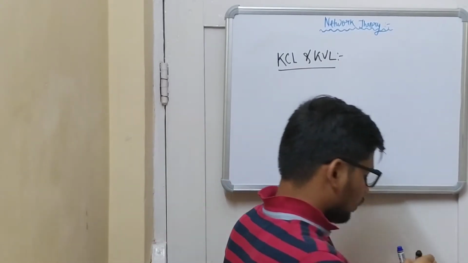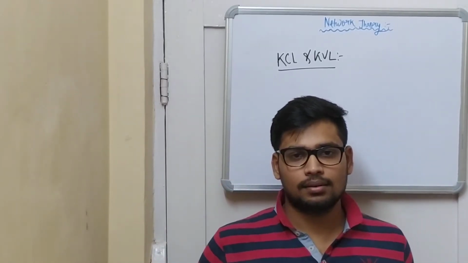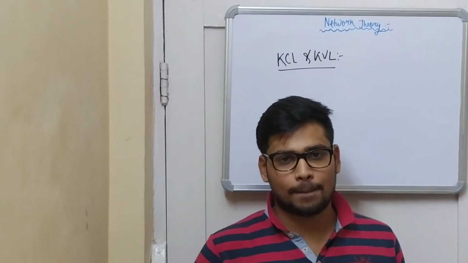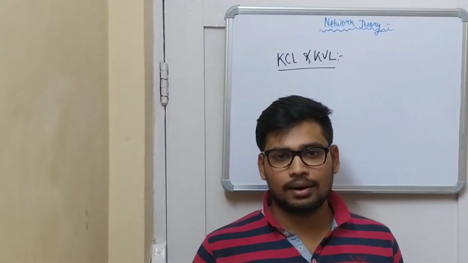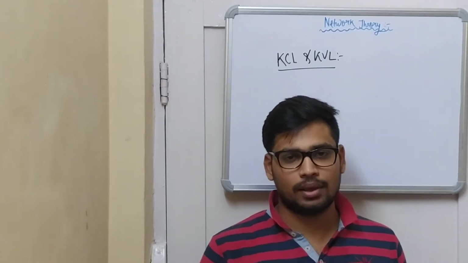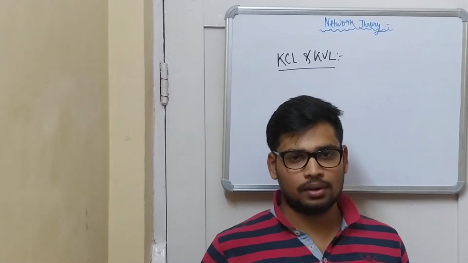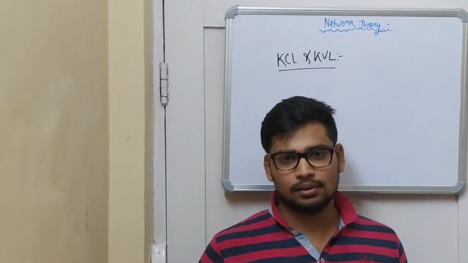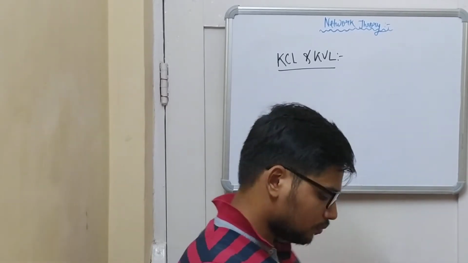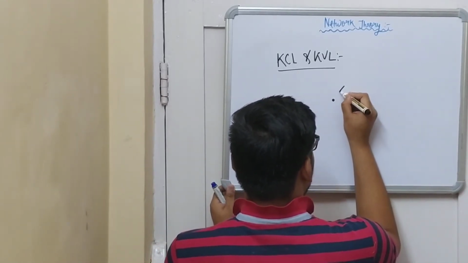Now what is KCL and KVL? First, let's discuss KCL. KCL is Kirchhoff's current law. It states that current entering a node is always equal to the current leaving the node, and it is also known as the conservation of charges. Say for example, if this is a node,